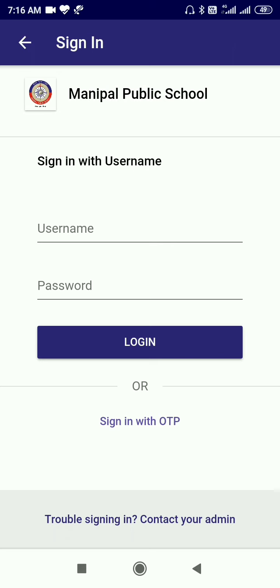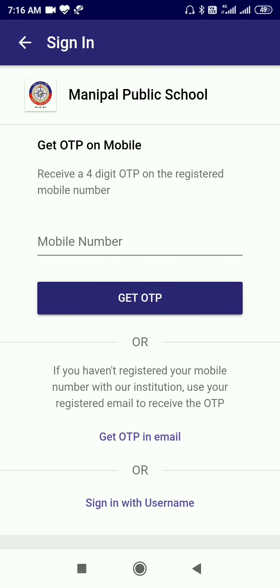One is sign in with username, another is sign in with OTP. You have to log in with sign in with OTP. Click on sign in with OTP. Again you have two options. One is get OTP on mobile, another is get OTP on email.